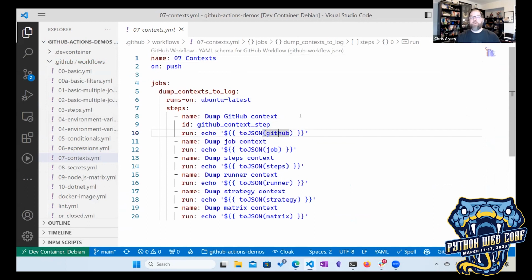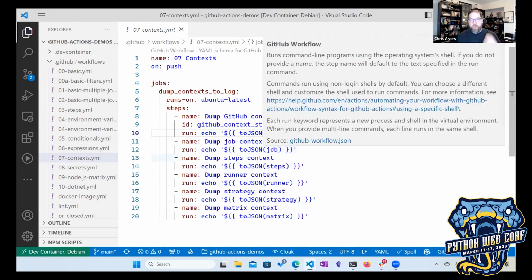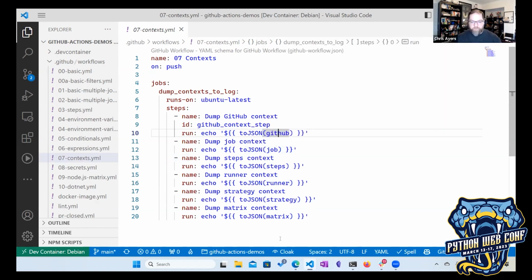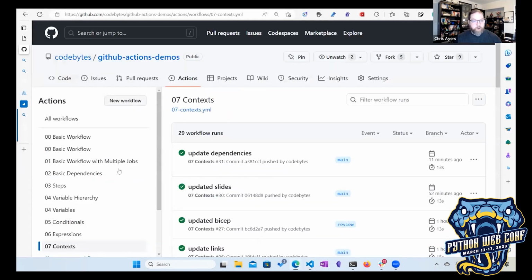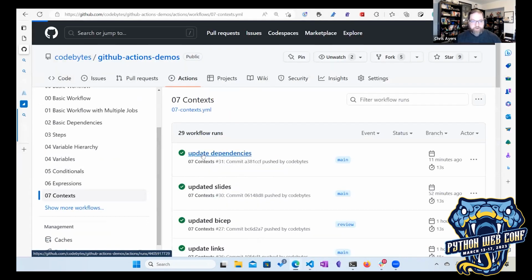So we're going to have a GitHub context that is available in memory in the API for our actions and our workflows to run with. We're going to know things around the repo we're working on and the branch we're working on and who triggered the action. We're going to have capabilities around knowing where we are in the job, what steps are running, and I'll talk about strategy. So if we look at context just very quickly,